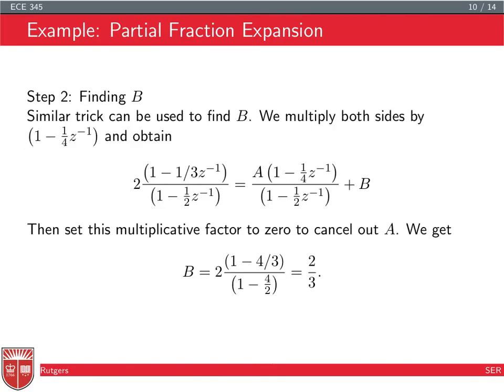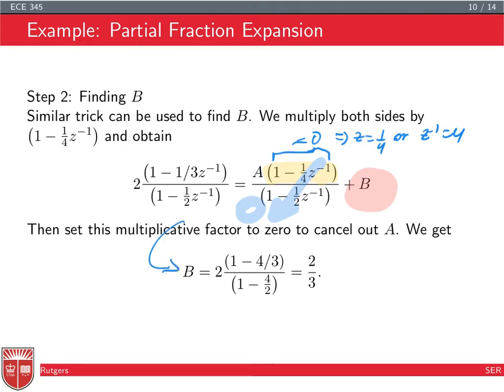Now, to find the value of B, I multiply both sides of the equation by the denominator of B. And the denominator of B here, I'm going to highlight it in yellow, is this one. So this way I have B singled out here. And to get rid of A, what I do is I set this term here equal to 0. This means I set z equal to 1/4 or z minus 1 equal to 4. And this way you get B equal to 2,